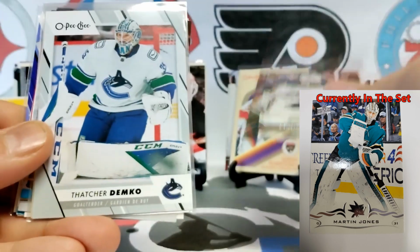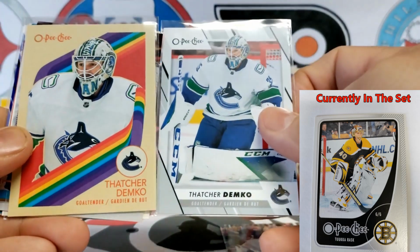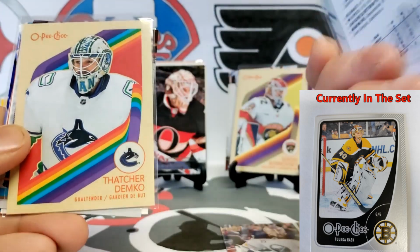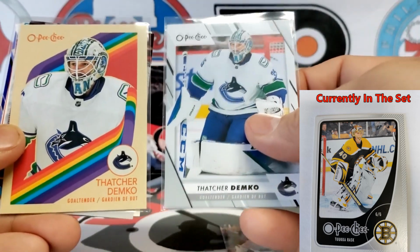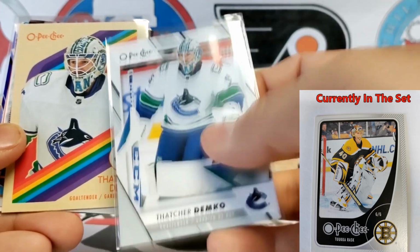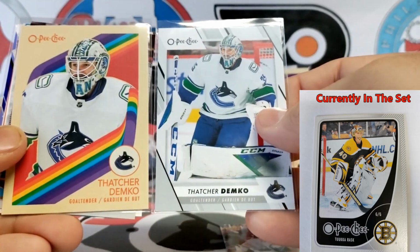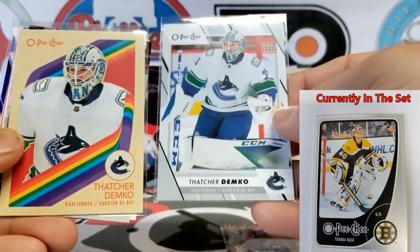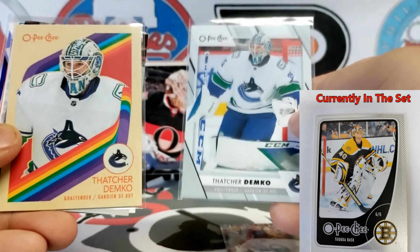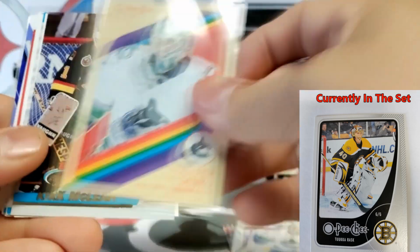Linus Ullmark, Thatcher Demko. Two Thatcher Demkos there. And this card number 161 really has a chance. The only thing is, I think I want the close-up, like the peachy Demko. But I don't know if I want the full pads and everything, or if I just want the face mask in there. I don't know. But one of these two cards will make the binder